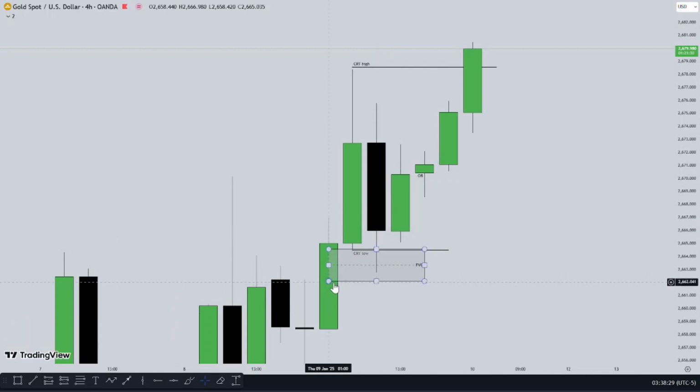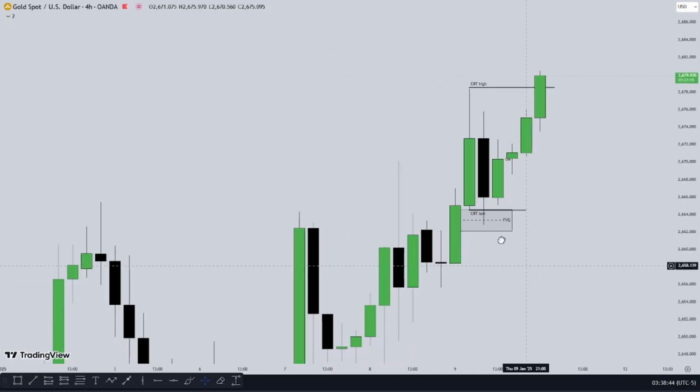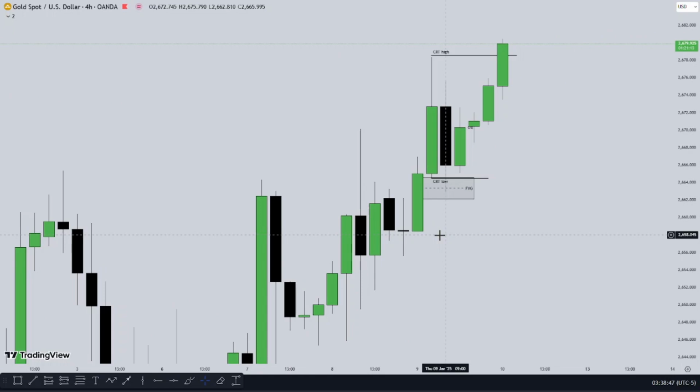I've talked about this in many videos. You can go to previous video to check about CRT. I talked about that the high probability CRT is when price is inside a reference point. When price trades to a reference point and is aligned with the trend, you can see clearly on the 4-hour price is trading to the upside. Seeing the price is trading to the upside and is aligning with the trend, and this retracement back to this candle's low, running out this candle's low, trading back to the range, is showing that price is respecting the fair value gap